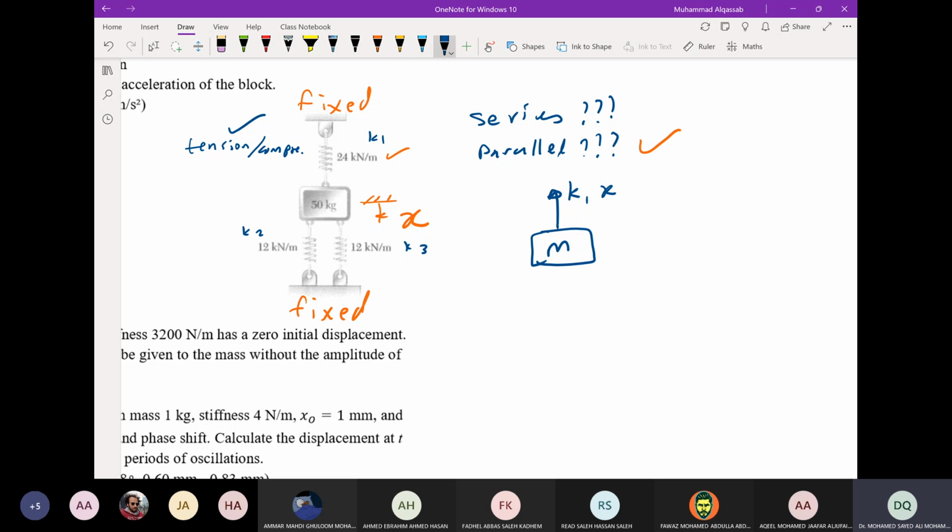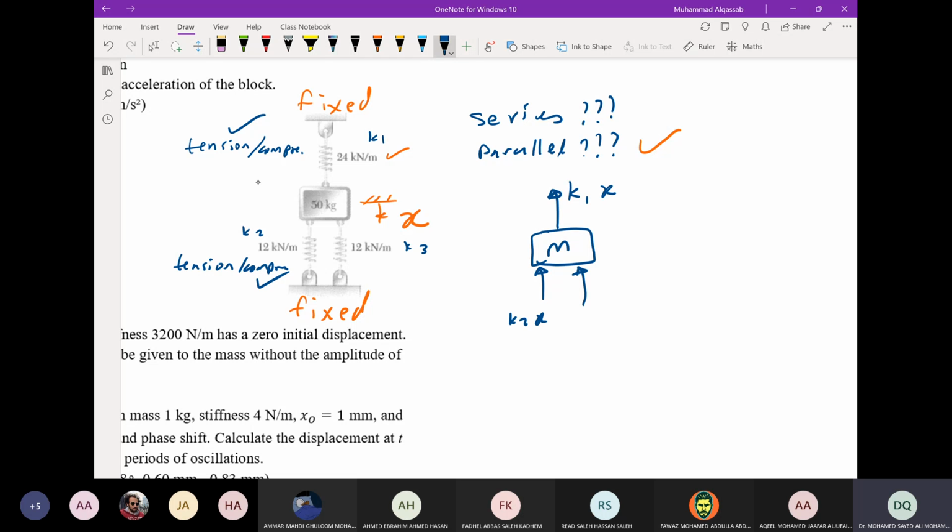So it is k1 times x. The springs below the mass will be under tension or compression? Compression. So they are pushing the mass upward